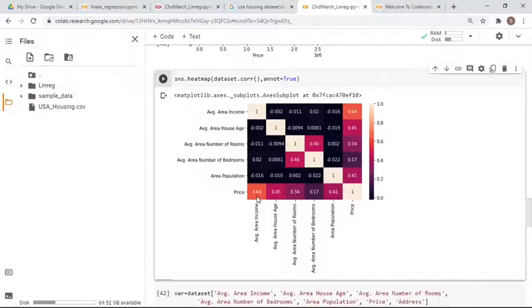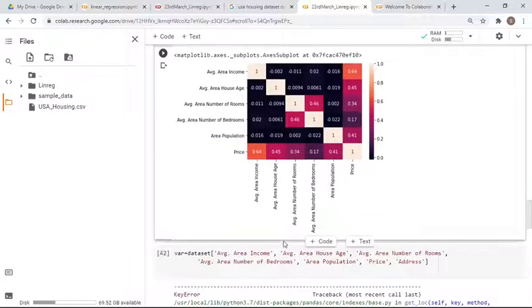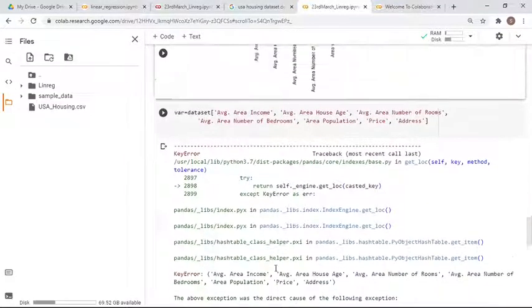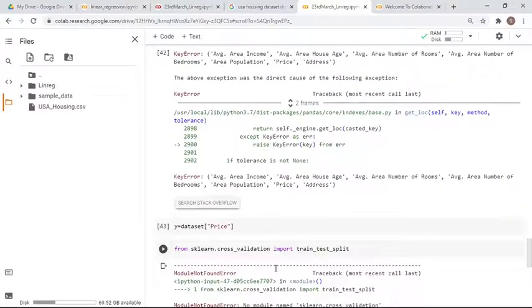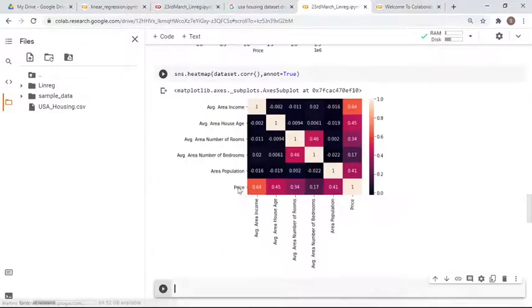Okay, fine. So this is done, and then what we can do is type columns here.